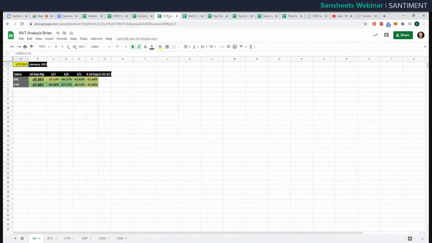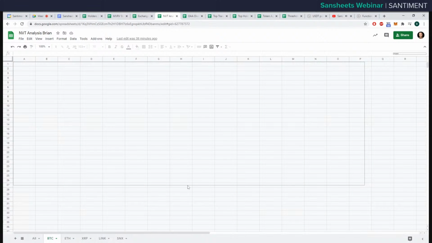This is our MVT model. Many of you OGs of Santiment may have seen us talking about this model pretty consistently on This Week in Crypto over the last year. We've done a little bit less of it as of the last couple months, but it's still tremendously useful. And especially right now,